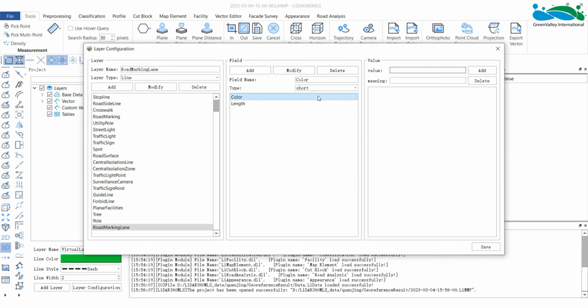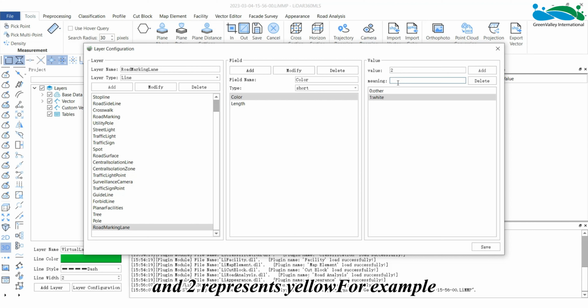For example, regarding the color field, for the markings on the road surface, the possible colors are white, yellow, or other colors which can be defined in the software. For example, 0 can be defined as other, 1 represents white, and 2 represents yellow.